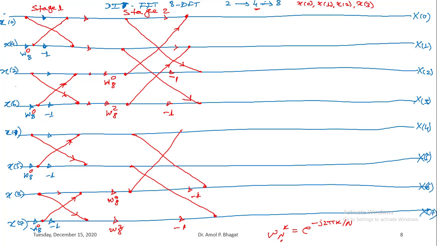Likewise we'll be drawing these structures. So here at stage 2 the 4-point DFTs are computed,